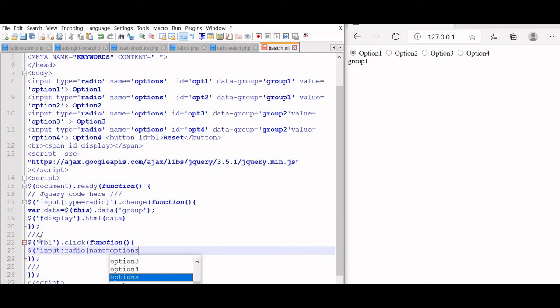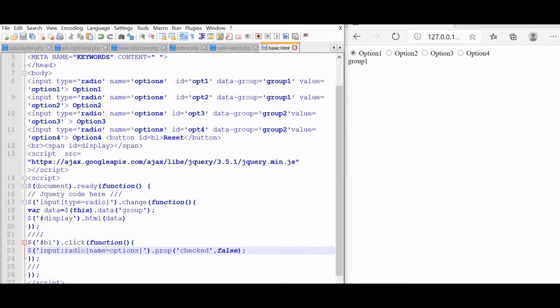Now let's close the bracket, and now the properties: the checked property, we'll be setting it to false. That's all. So on click of the B1 button, we should be able to reset it.